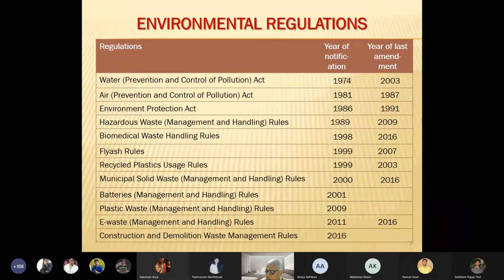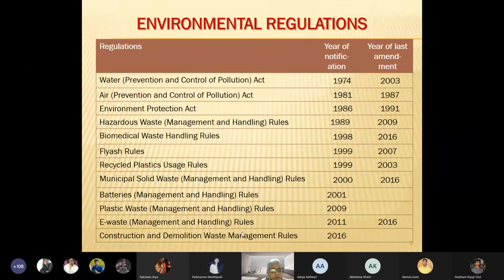I've forgotten the name of this location, but they're all becoming world famous for recycling of e-waste, and it's all done in a very shoddy manner. So it's not only illegal, but it also jeopardizes the health and the environment. So these are major rules that have been put into place to prevent this kind of thing from happening. And it's still happening, but